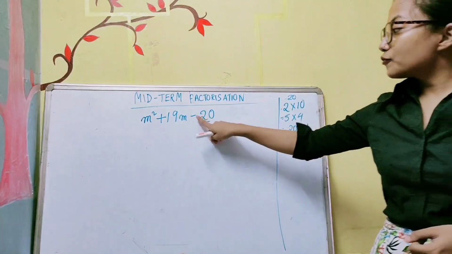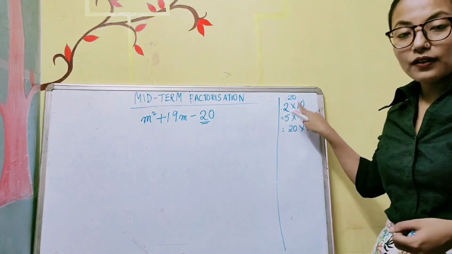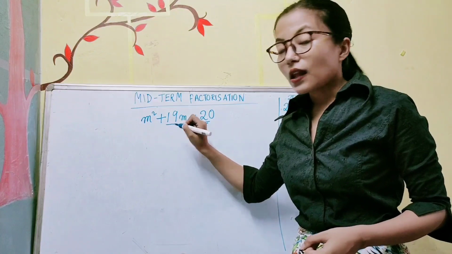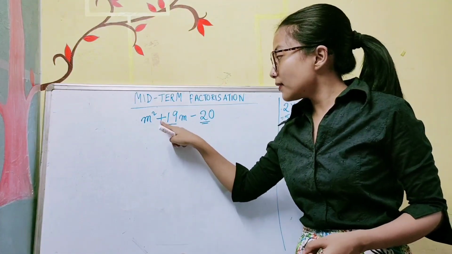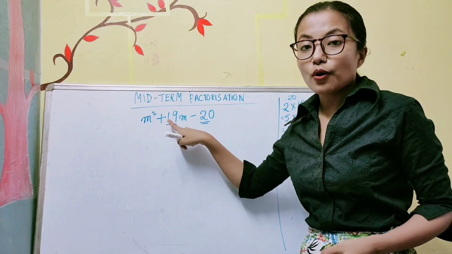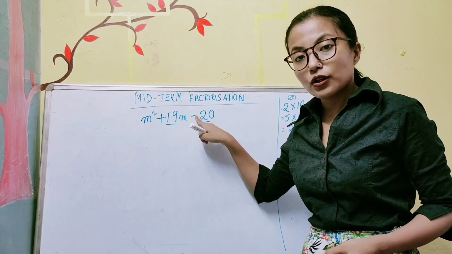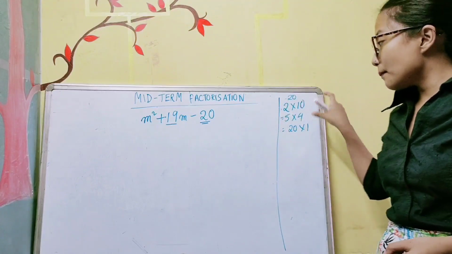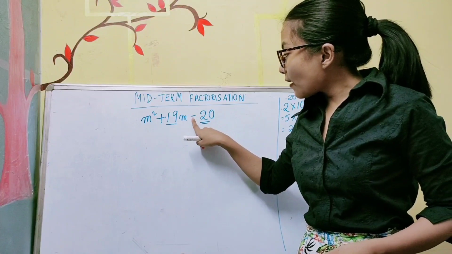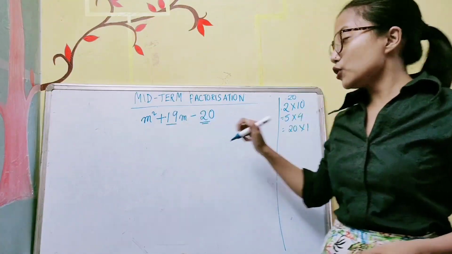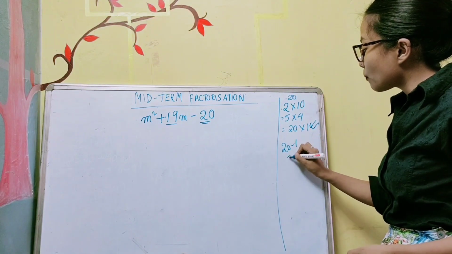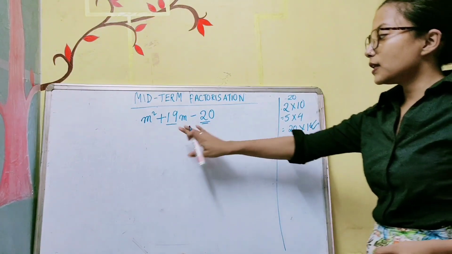Okay, I have to subtract the factors here such that I get 19. Now one thing to be noted, the sign before your middle term is not important. For us what is important is the sign before the last term, or the constant term. So out of these 3 I have to find one pair such that after subtracting I get 19. So which one will it be? Obviously this one, because if I minus 20 and 1 I get 19. So I'm going to put that here.